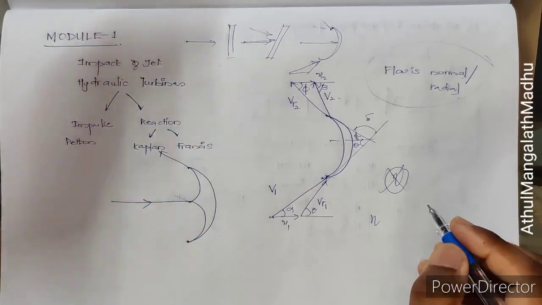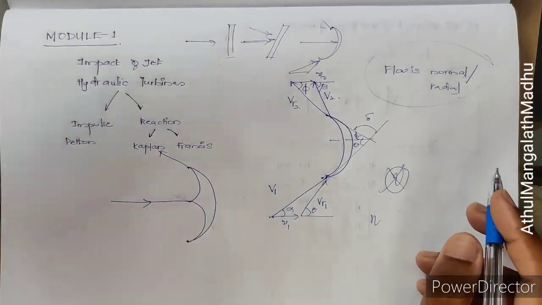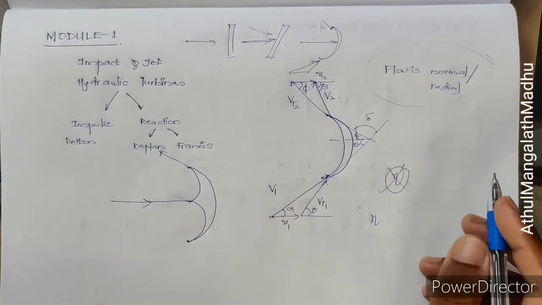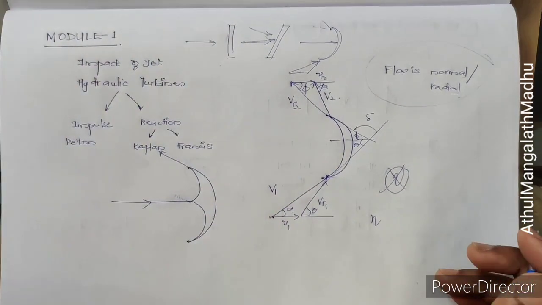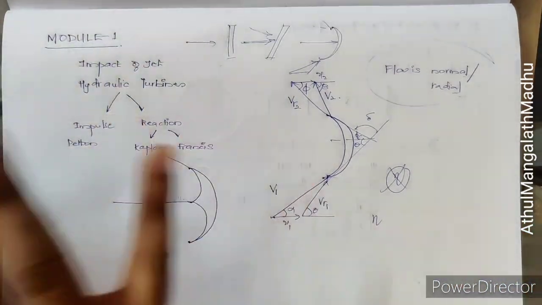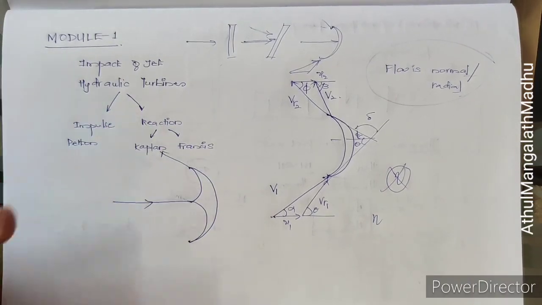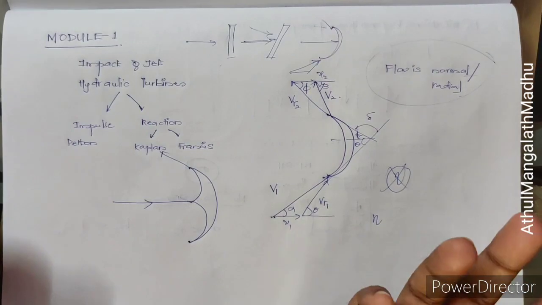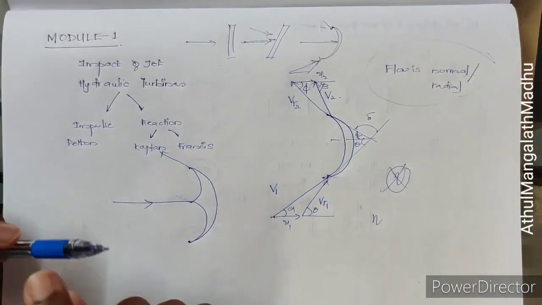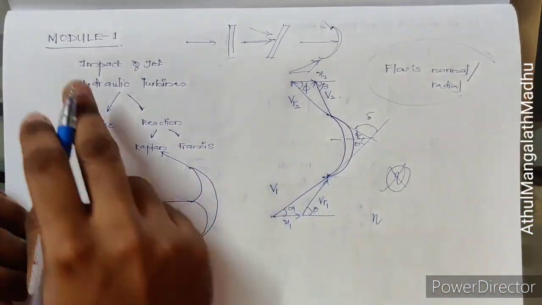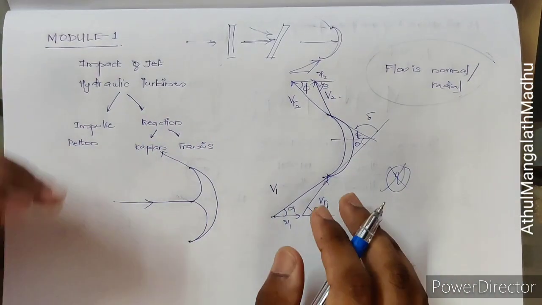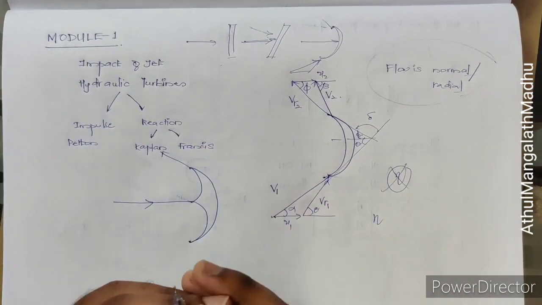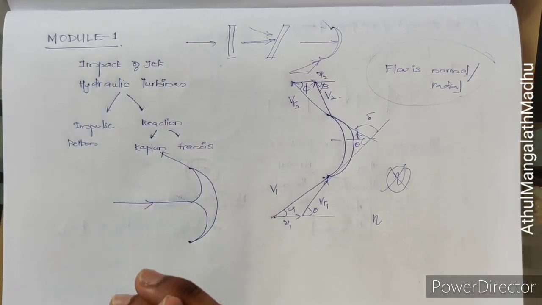You have the volumetric efficiency, the overall efficiency, the mechanical efficiency, and different types of efficiencies for the turbine. As far as the numericals are concerned, these will be the two important numericals. It doesn't mean that you won't have any other numericals. These are the two important numericals that you can have: the impact of jet as well as the hydraulic turbines. These two cases, the impulse wheel turbine and the Kaplan turbine.